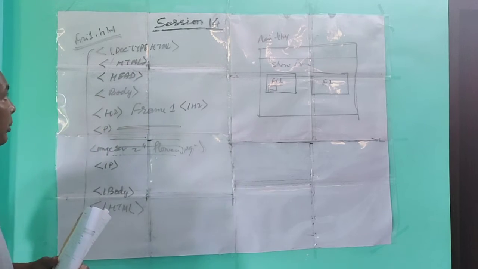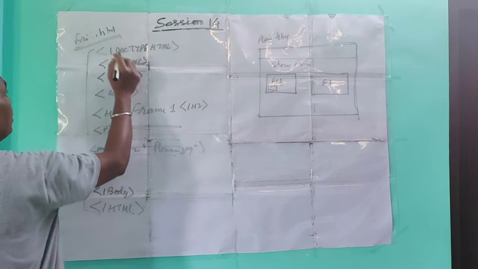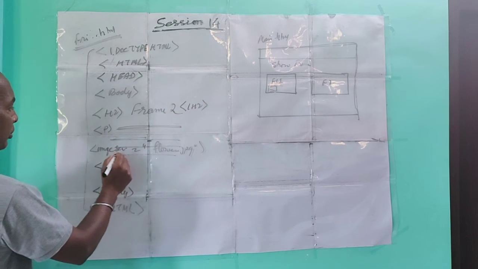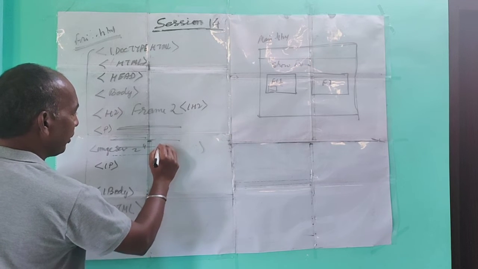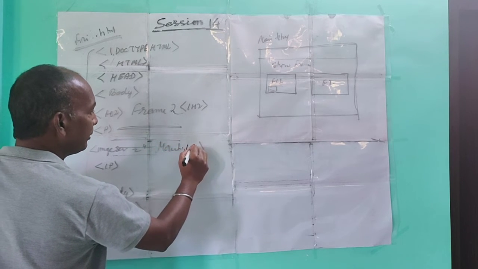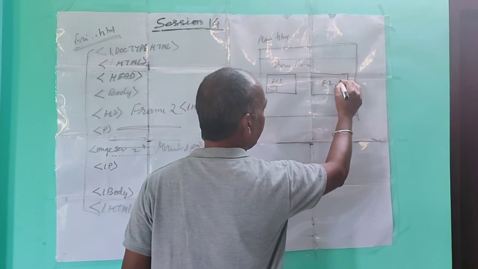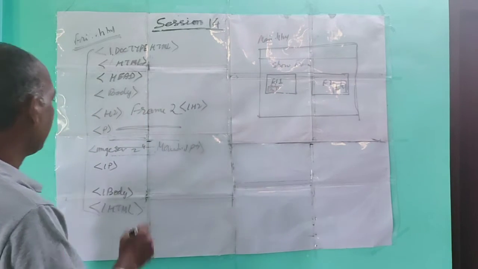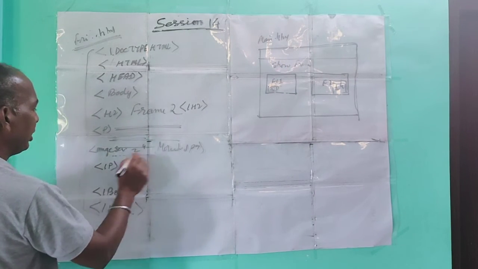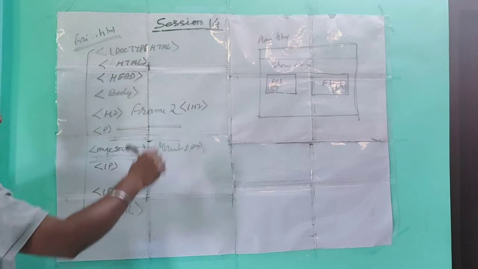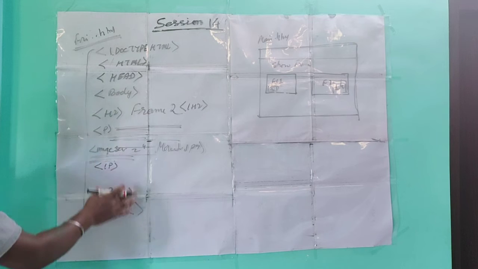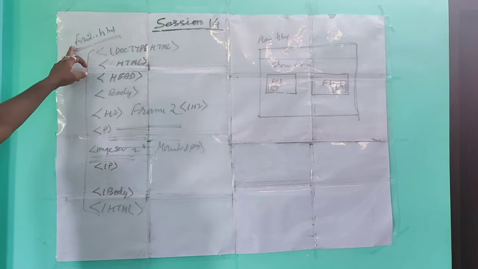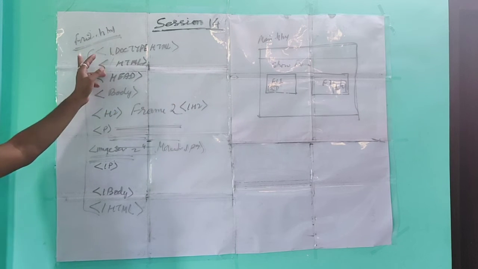So this is one. Similarly, for fri2, you can change here frame 1 to frame 2, everything is the same. Here I am giving flower, here I am giving say mountain.jpg. So here you get the image of mountain, here you get the image of flower. Same process: write the text, image, audio, video, whatever you want to add in the frame, and when you create the second web page, save it by giving the name used in your main document. So the file name should be the same.